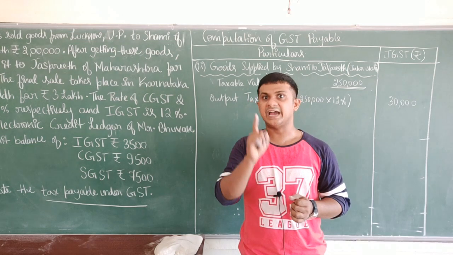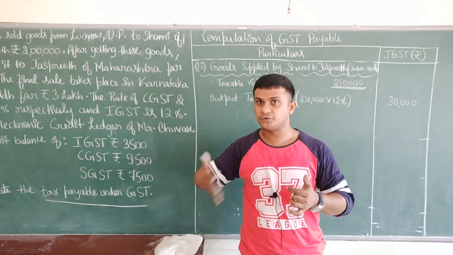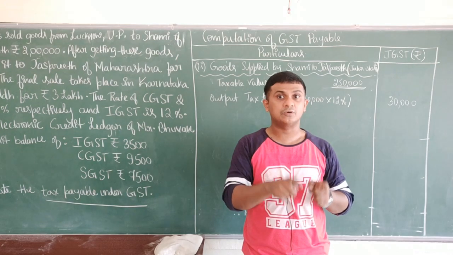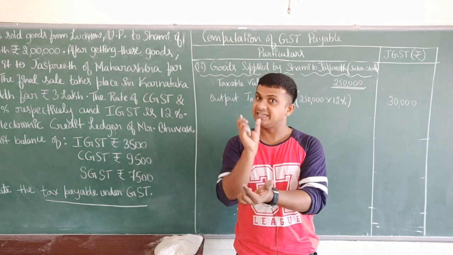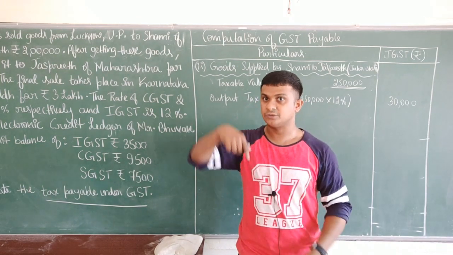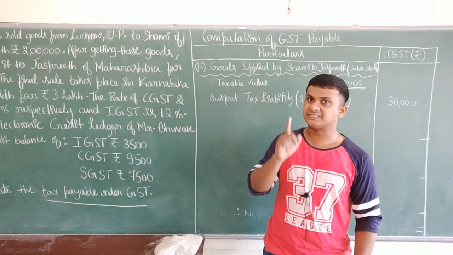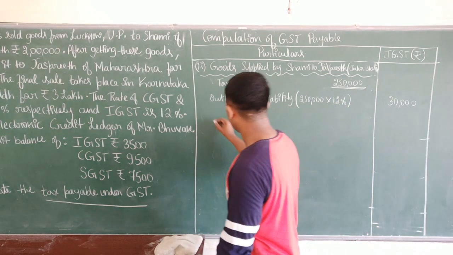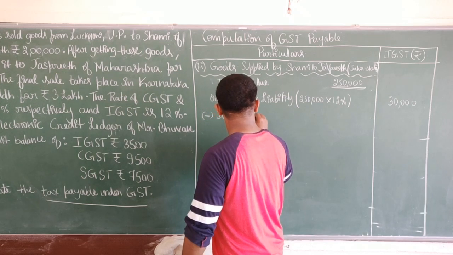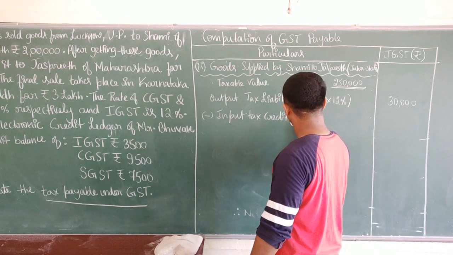So that means he has input tax credit. Whatever he is purchasing from Bhuvan is his input. On that he has paid 24,000 as IGST, that is his input tax, so that will be available for him as credit. Previously whatever purchase he has made, on that he is getting input tax credit, so we have to deduct that. So let us do that. Less: input tax credit, as calculated above.